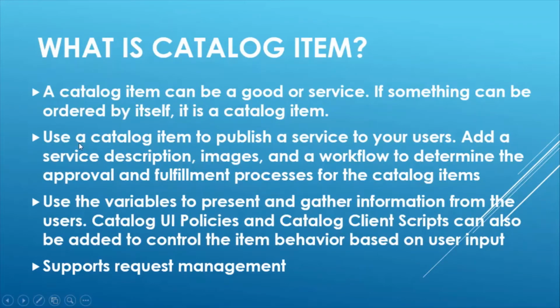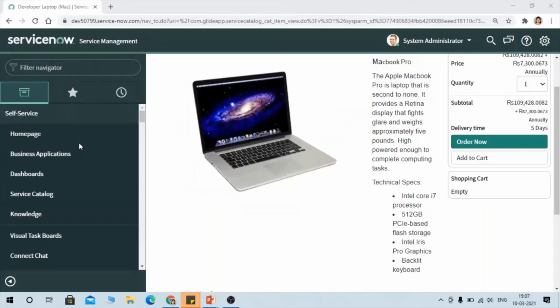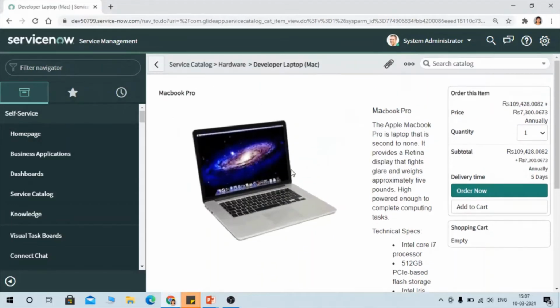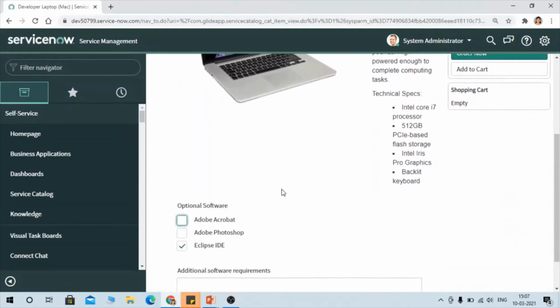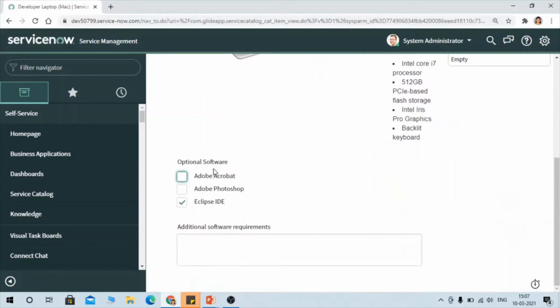So use a catalog item to publish a service to your user. Add a service description, emails, and workflow to determine the approval and fulfillment process for the catalog items. So we can design a flow, and here you can see a picture of this MacBook Pro. The user can see this picture and understand.